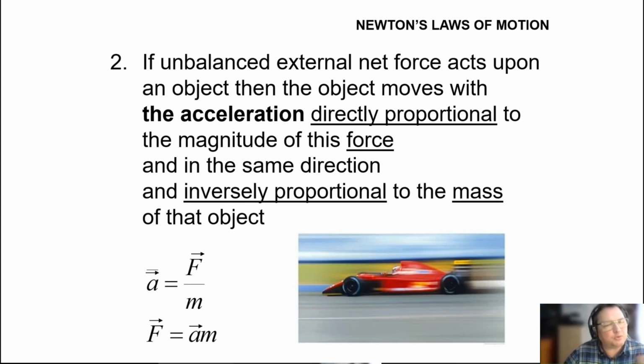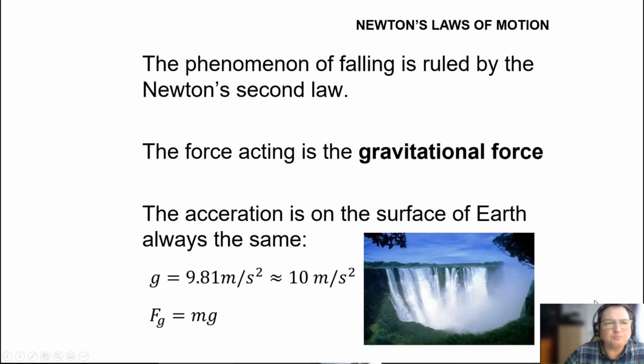And here you have two basic formulas. Acceleration, A equals force divided by mass, or its transformation, force is acceleration times mass. That's the second law, and this second law is visible, among other things, in the gravitational force. Gravitational force pulls everything towards the surface of the Earth, and anything that is within the gravitational field is affected by the gravitational force,